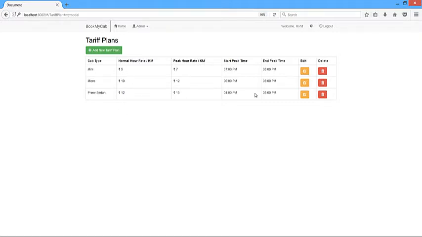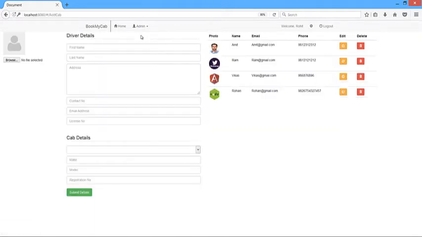Okay, so this is one thing, and the next thing which we have here is adding the cab details. So let's go to the add cab, and on the add cab details page, you can see that we have this interface from where the user can create the login ID of the driver and can enter the cab and driver details. The login ID of the driver will get created automatically once the admin will save this information into